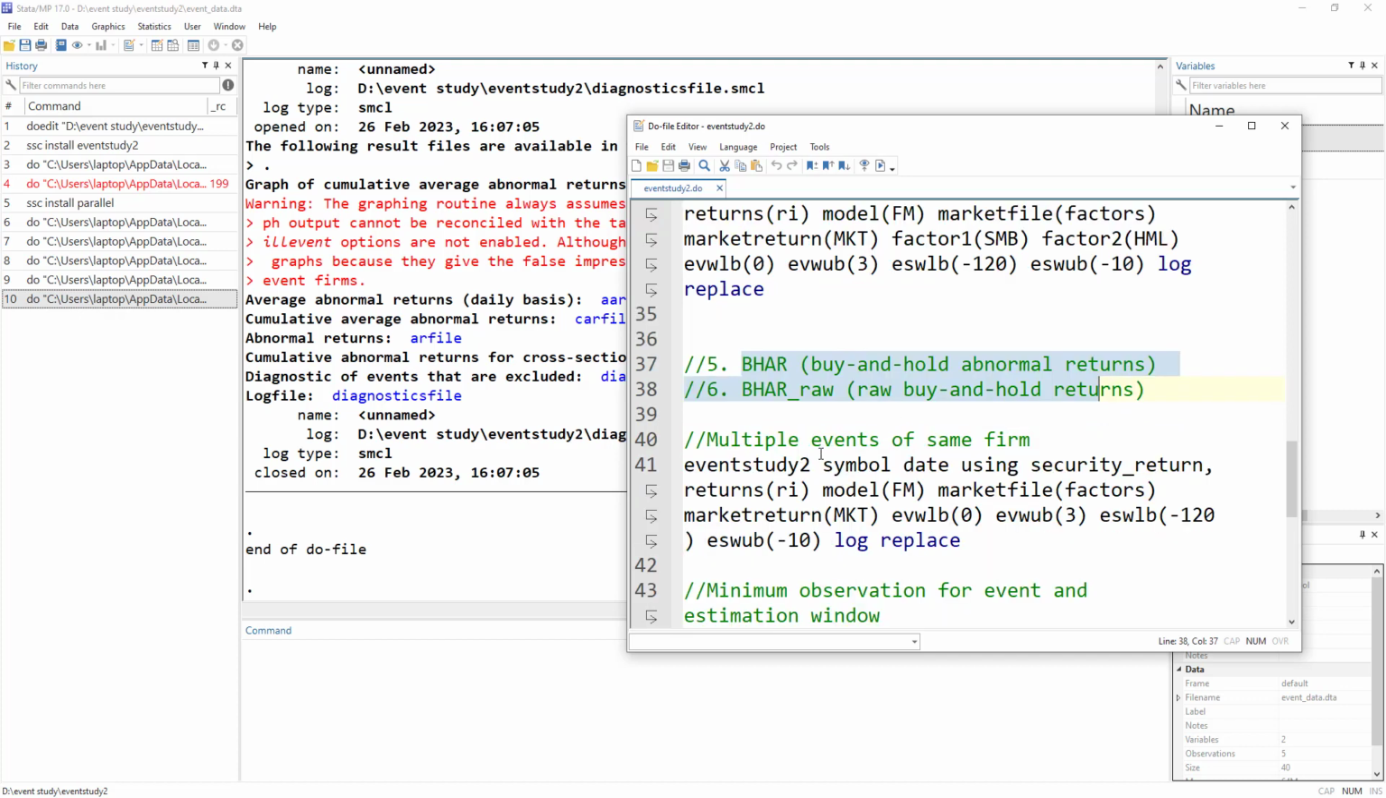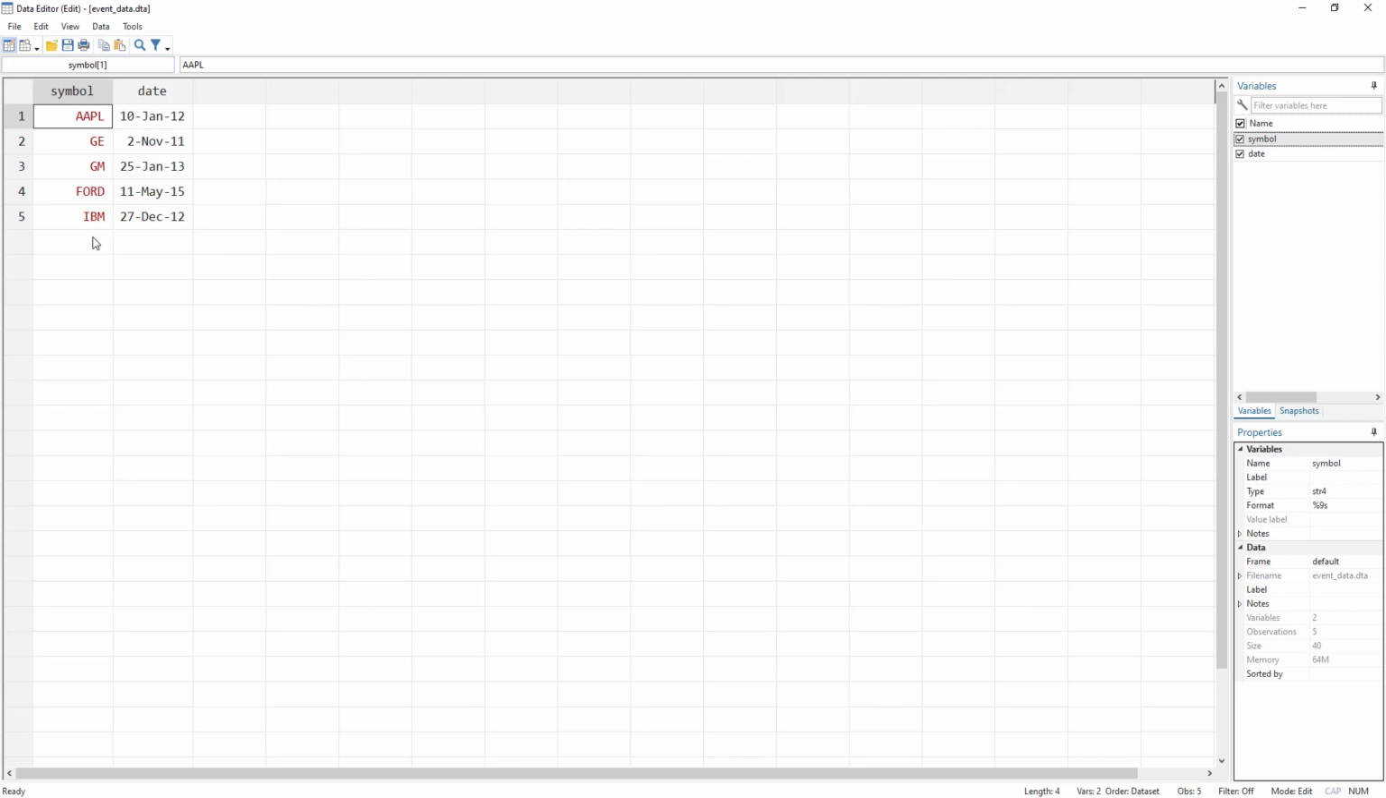Okay, so multiple events for the same firm. Remember, we had that limitation in the estudy command, and that is a major limitation. So for example, if our topic is to study the impact of dividend announcement on stock prices, companies do not announce dividend once in their lifetime, so there would be multiple dividend announcement dates for each firm. So in that case, estudy is quite limited, but that can be performed with